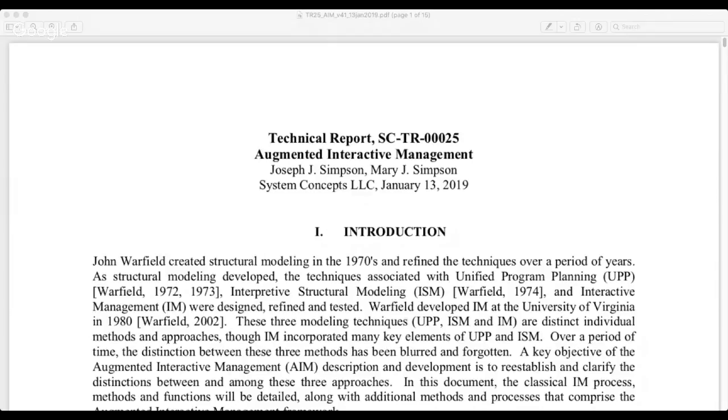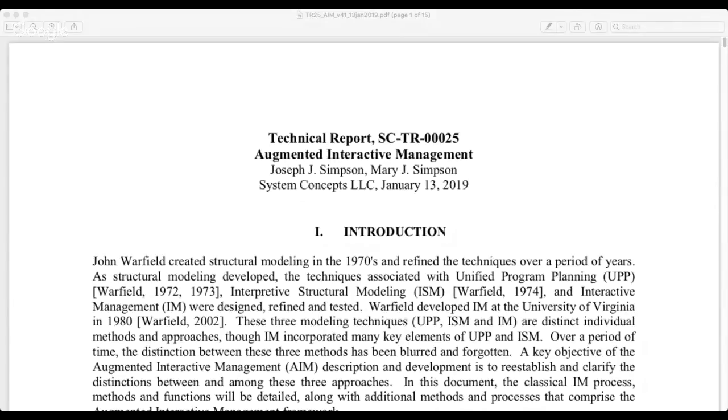And we're going to walk through and do a bit of a high-level overview of the components and a little bit of the history of interactive management and other parts of interactive management, what actually fits in there. And at the end of this particular